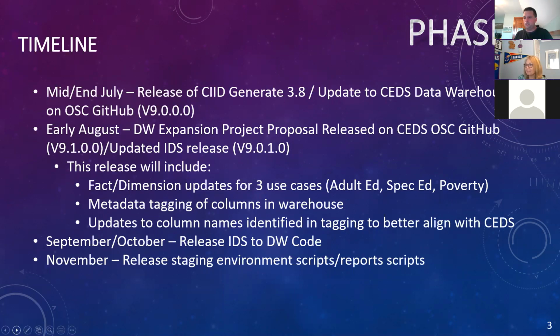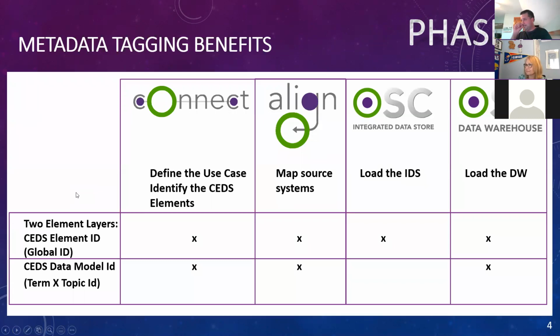All right, very good. On to the metadata tagging and part of the reason why we do this. So there are basically 4 tools, 4 resources, 5 if you count staging, which I don't have in here because that's not out there yet. But there's 4 resources that are listed here: Connect, Align, the Integrated Data Store, and Data Warehouse. Connect and Align are tools on the CEDS website, and the Integrated Data Store and the Data Warehouse are